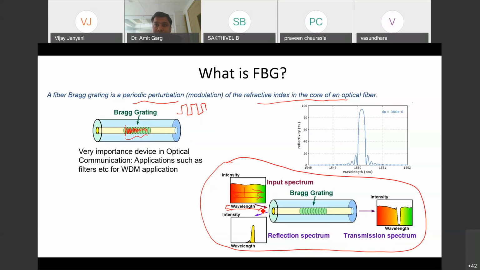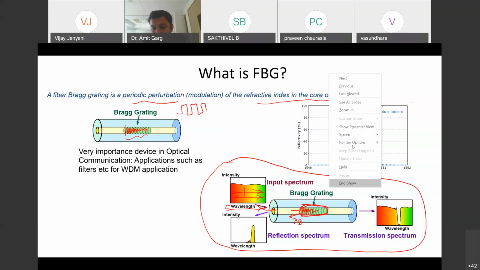If this signal is input to this FBG, or fiber Bragg grating, then depending on the design of this FBG, design meaning the distance between these separations, their refractive index change, the high and low refractive index layers, and how much is the change in the refractive index, depending on that, you can change your design also. It will reflect a particular wavelength, which we call lambda B, the Bragg wavelength.